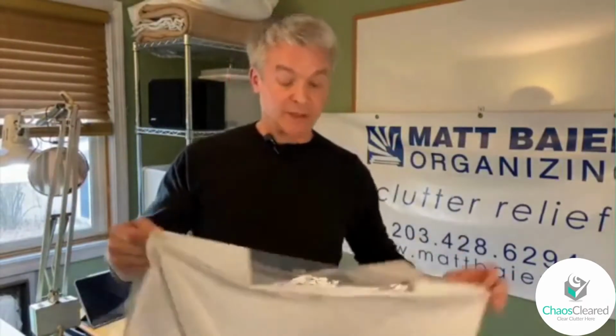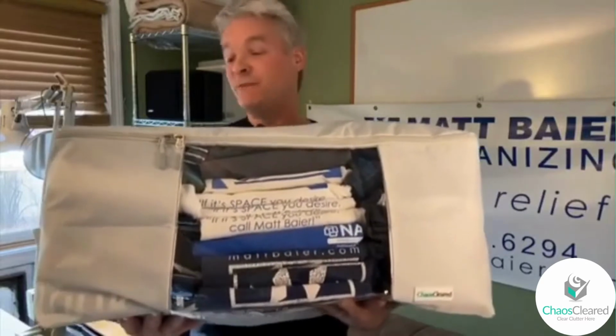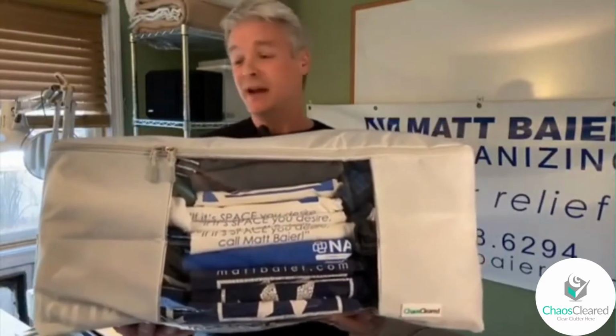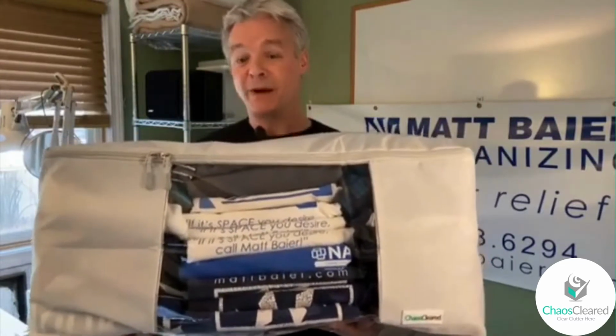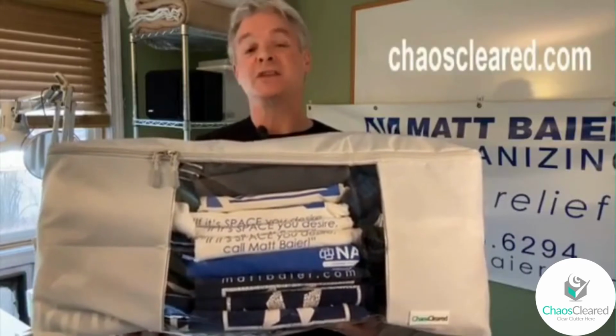My only concern was there's no structure to it unless you have this filled to capacity to give the structure internally. Well, that's not a problem at all. I've got 50 t-shirts in here, 16 pairs of underwear. So the combination of this breathable fabric, see-through panel, and a great price at just $10.99, this is a terrific